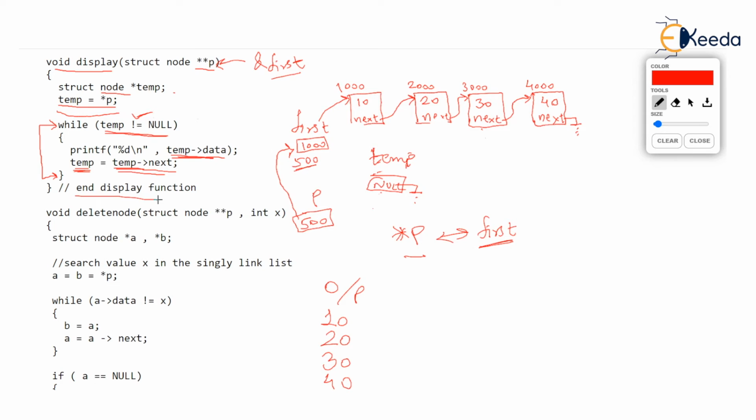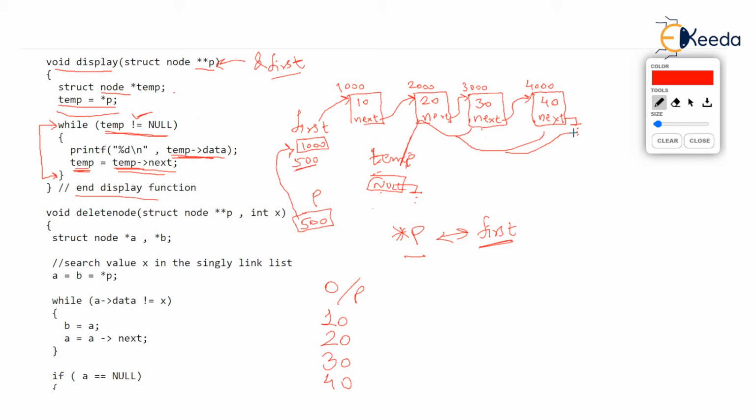What we did in the display function is, we started temp from the first node. We printed it and then said temp, you become temp arrow next. We printed the second node. Then we said temp, you become temp arrow next. Then we printed the third node. We said temp, you become temp arrow next. We printed the fourth node. And when we said temp, you become temp arrow next, temp arrow next is null.